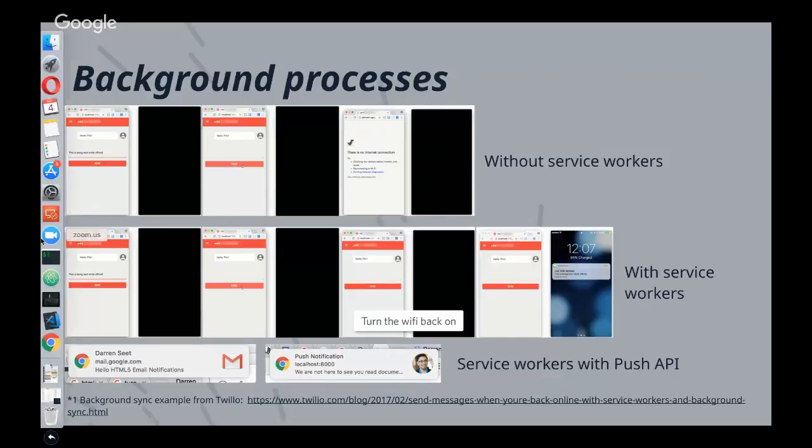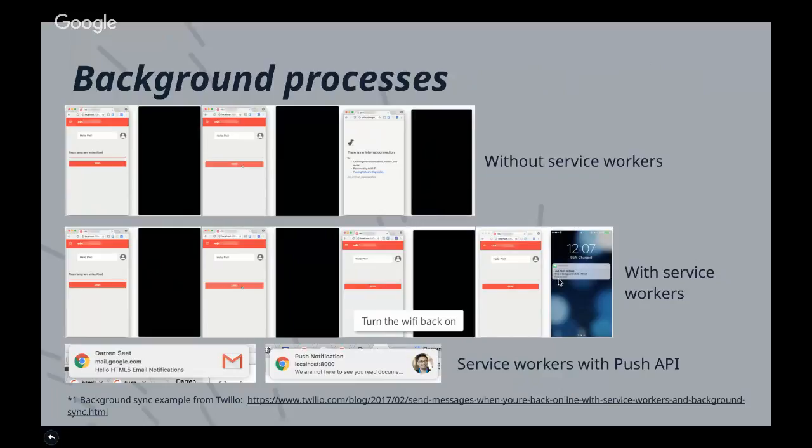But if your app is built with service workers and PWA techniques, the user will still be able to post their message and get it saved into, say, IndexedDB. And then when the Wi-Fi turns back on, that message will then get sent to the server, which is then sent to the receiving party.